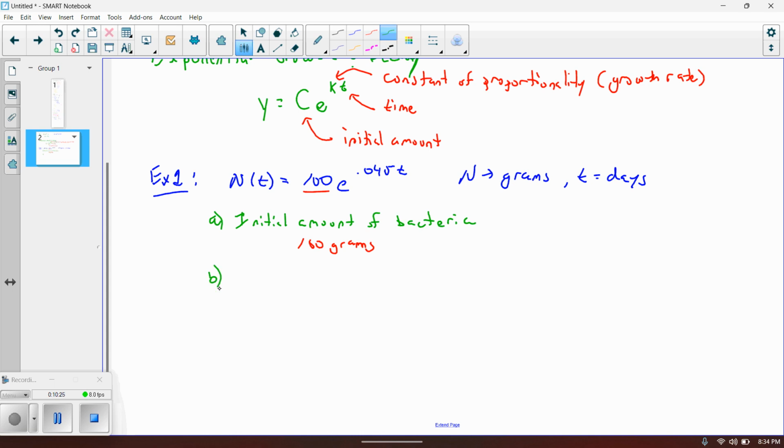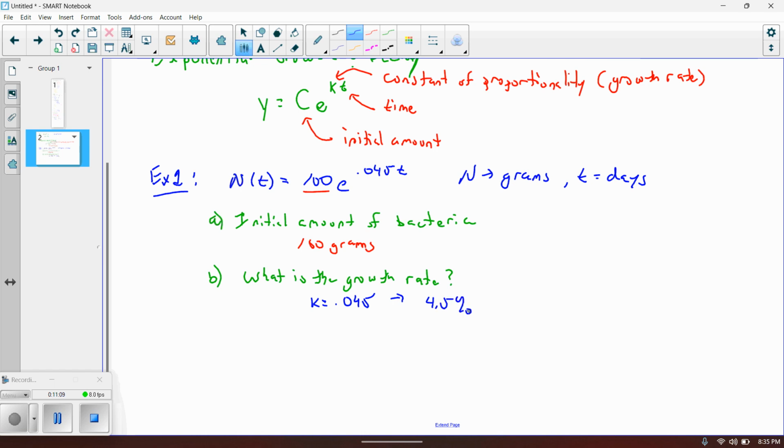For part B, what is the growth rate? And again, the growth rate is that K value. So the growth rate, well, K itself is going to be 0.045, but that's not really the percentage. The growth rate as a percentage, of course, you know you have to multiply it by 100. So your growth rate is actually going to be